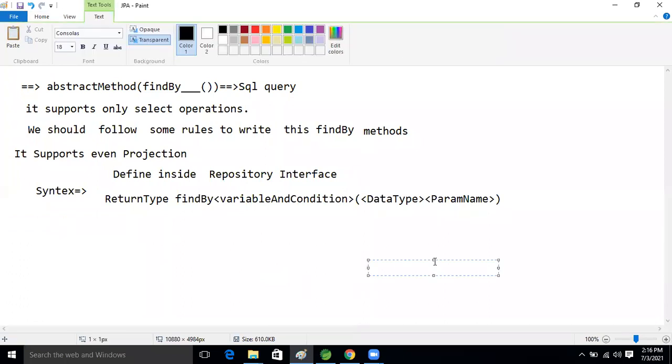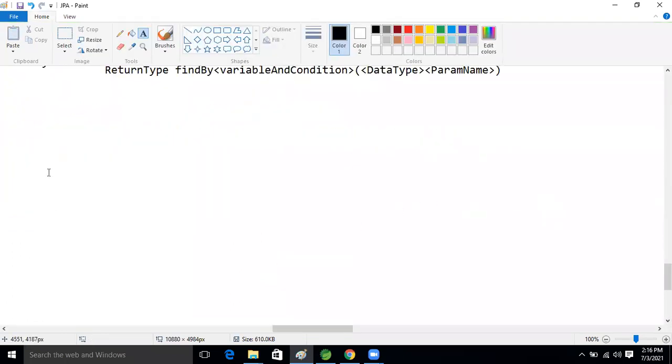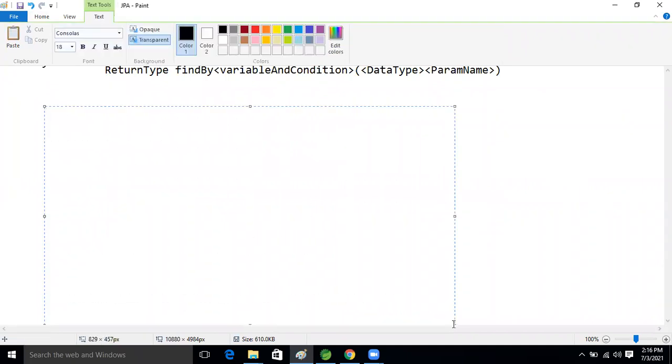So I'm writing one example now, guys. Think about our entity class, which is nothing but the model class. The class is Employee.